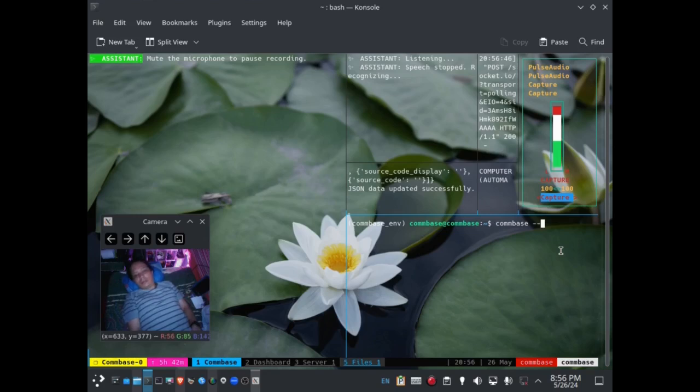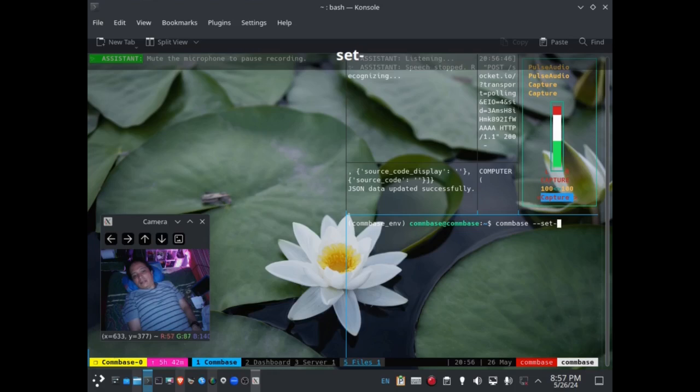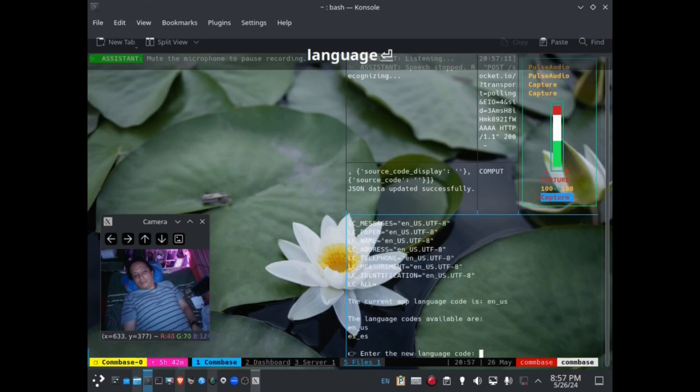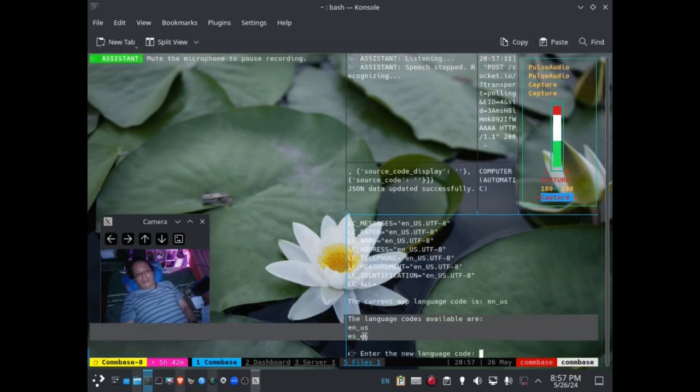So I'm going to use, let's say, set language, right? So I have these options, English and Spanish at the moment.